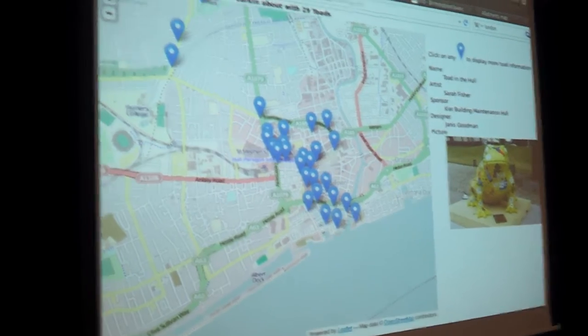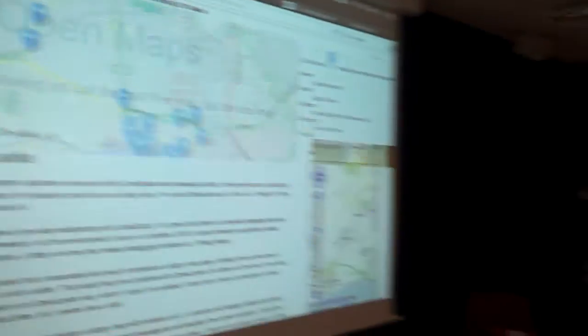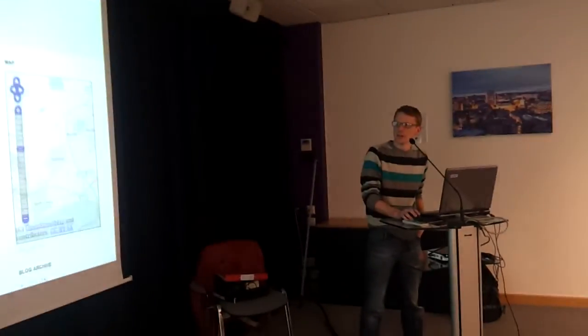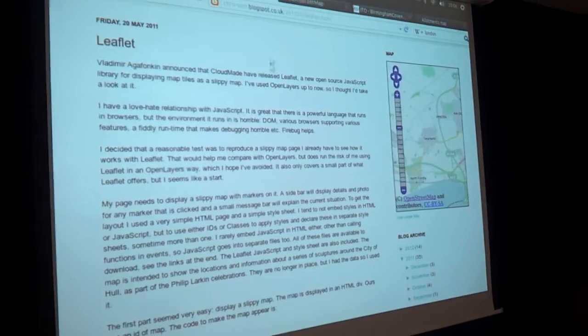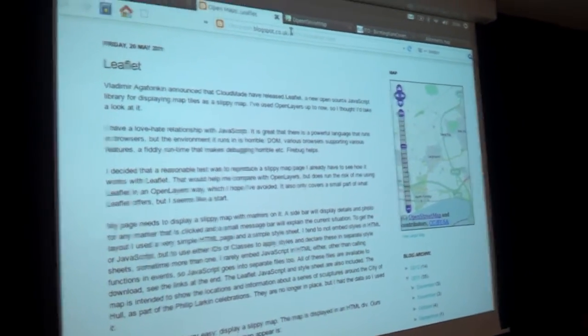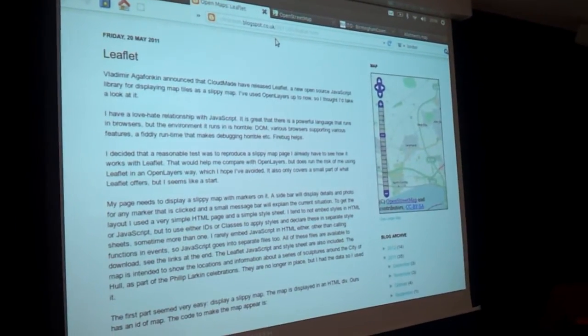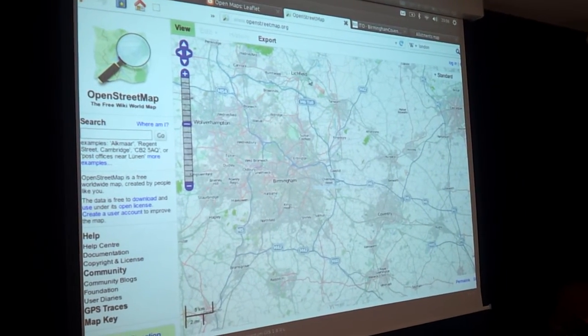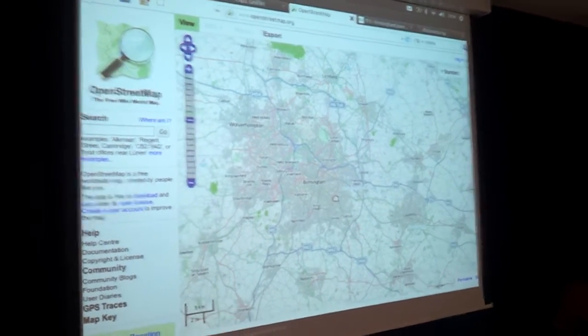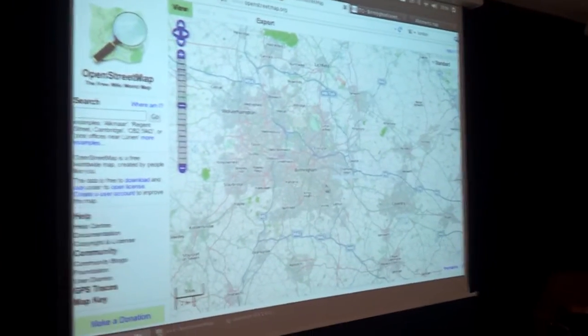So inspired by that, we tried to pick up the code, which the guy who wrote it blogged about it, and put the code up online, so that was quite convenient of him. And the idea is we're going to apply it to Birmingham with allotments. So it started off by coming to the OpenStreetMap website, where a lot of the allotments in the Birmingham region